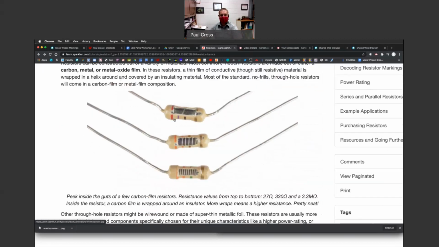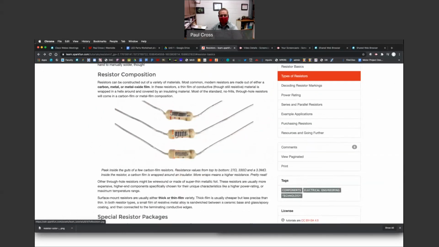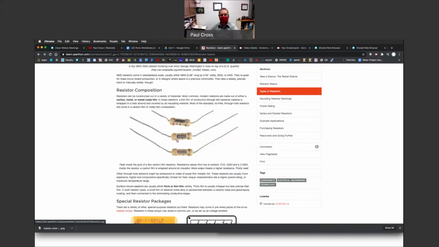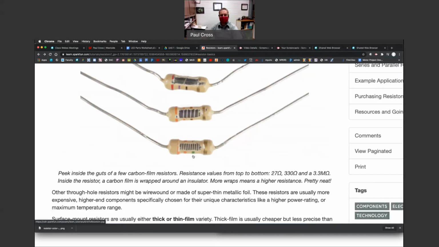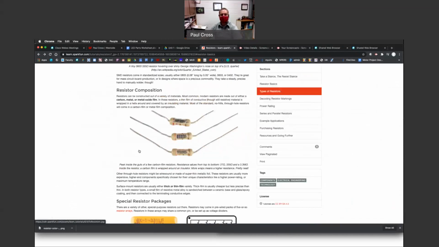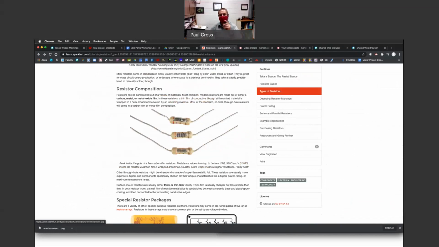And we have red, violet, black. So that looks like 27 ohms. And we have orange, orange, brown. That was in our Tinkercad, so that's 330. And orange, orange, green. That's going to be 33 times probably a million or 100,000. So either 3.3 million right there or 33 million. So it's 3.3. So that's how they have that wrapped in a helix on the inside of there to form